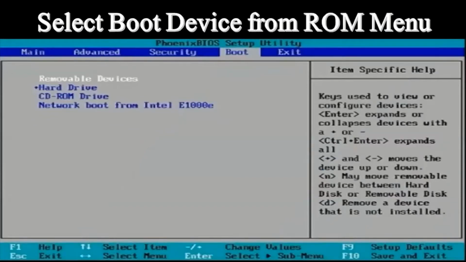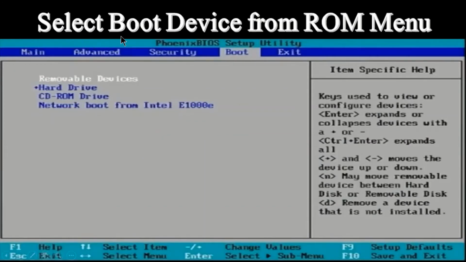the boot menu. Every computer has a different function key to select the boot menu. Some have F2, F8, F10, F7, and so on. It depends on what type of computer you have. So there is a way to select the boot menu by pressing the function key. Whenever you press the function key, you will have a boot menu like this.